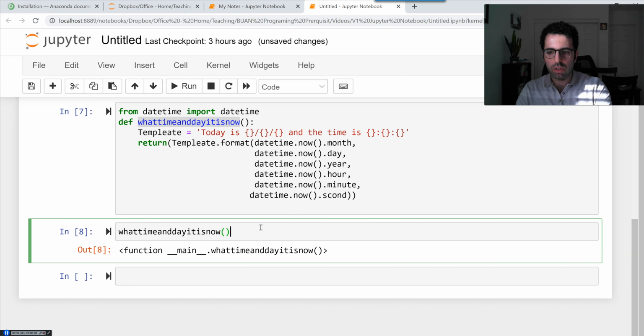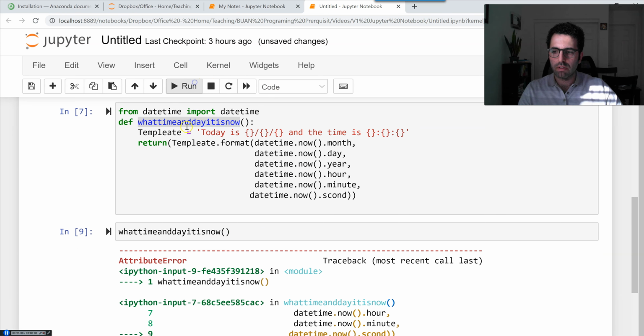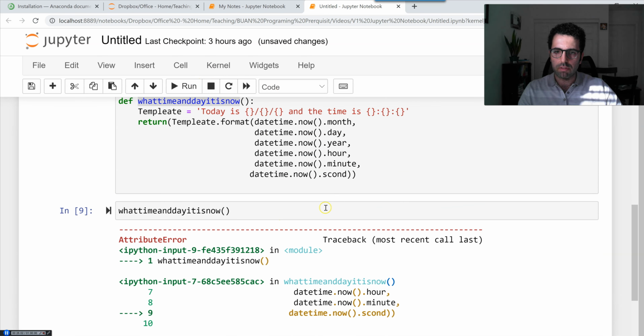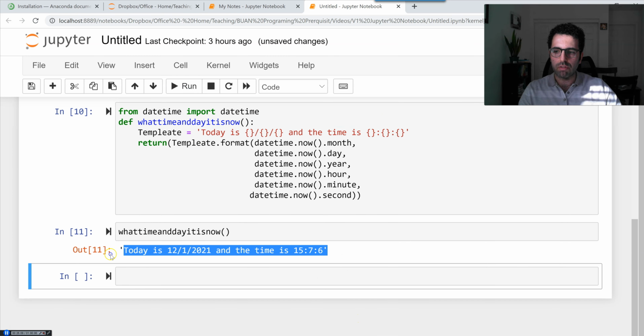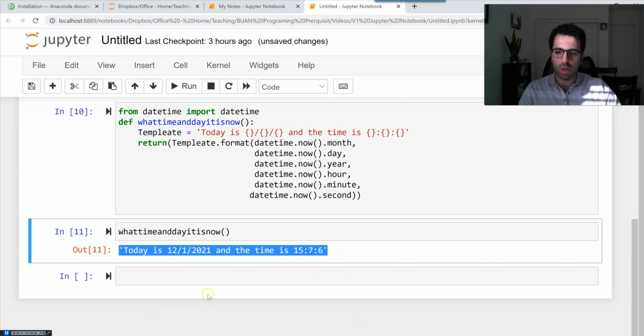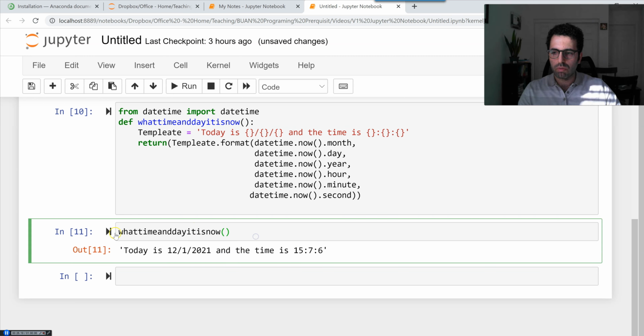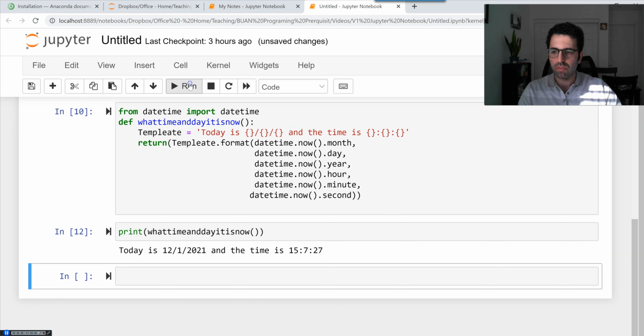And it says it's a function, you have to open and close the parentheses, and it gives me an error. It says this is not second, we don't have anything like that, and now it gives me that code I was looking for, right? So this is the exact time and also the date that I was looking for. I could say print to make sure that this quotation is not shown here,